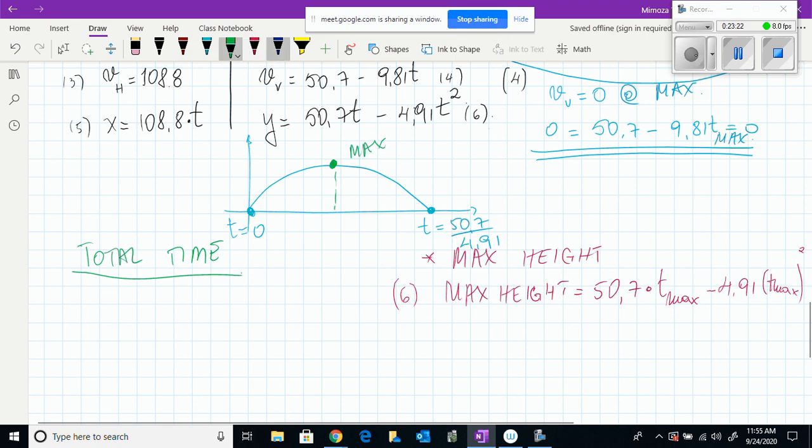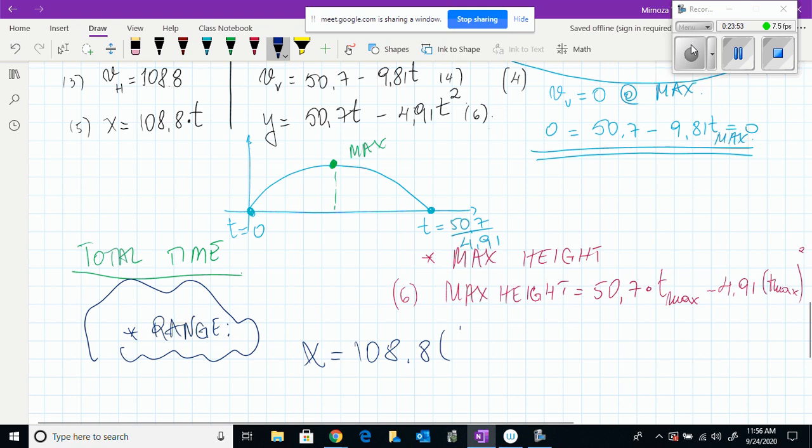When we are finding the range, which equation are we using? 1, 2, 3, 4, 5, or 6? And what is the time that we are substituting here? T max or T total? T total, good. So this will be x equals 108.8 times whatever is T total. And that will give you the value of the range. Okay, so